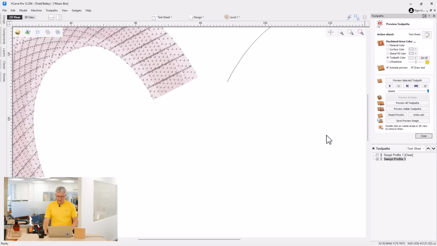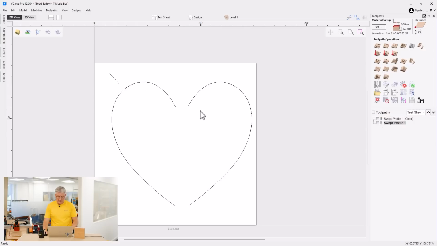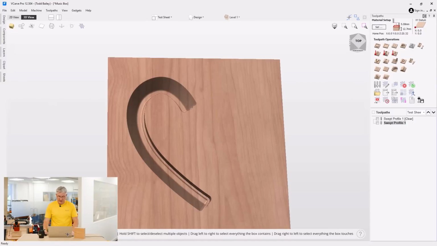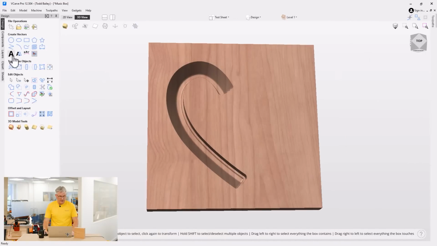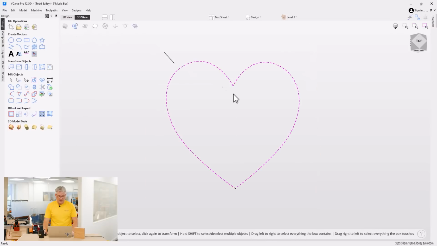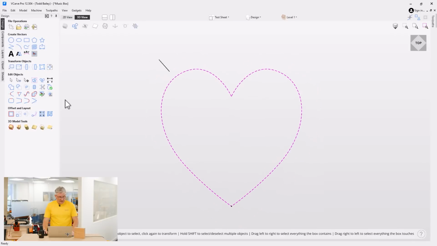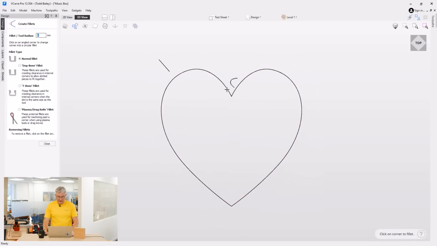So let's close this down, and let's turn that off for a second. And let's just undo some of that. Let's put this back together again. Okay, so this should actually be one solid thing. I can check by right-clicking on that, and you'll see that I don't have the option to join. So it's all one thing. Let's go back to our 3D view for a second. Let's pop over to our Design tab, and we're going to go ahead and fillet this. So let's hide this for a sec. Turn back on our 2D view, top down. Perfect. Let's go into our fillet for a second,